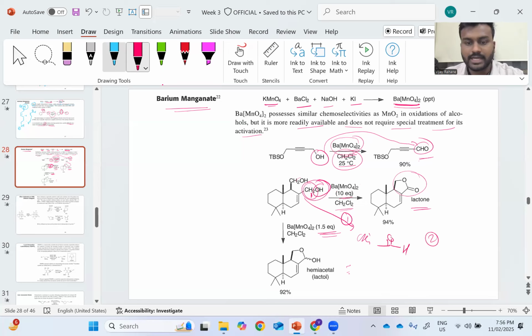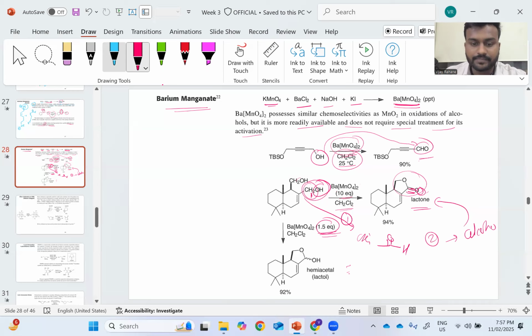The second step was the attack of this alcohol on the aldehyde. It leads to the formation of, again, an alcohol. And the third step was the formation of this lactone, because this alcohol is further oxidized into the ketone. But if you have a limited amount of this barium manganate, then